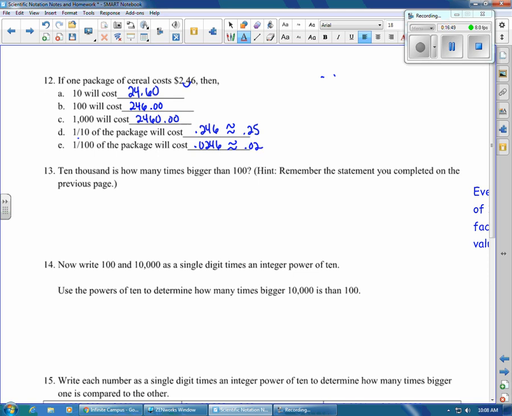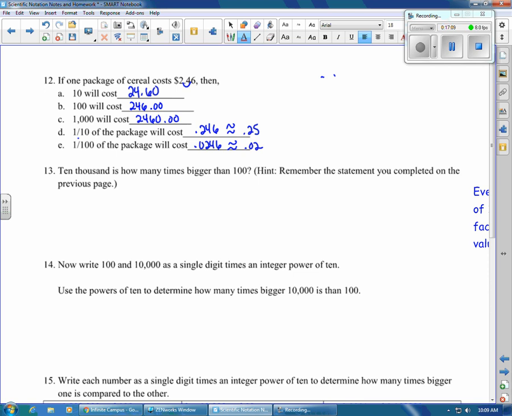Okay, so I filled it in. 10 is going to cost $246. 1,000 is going to be $2,460. 1/10 would be 0.246. However, we don't have money that goes to the third decimal place, so I'm going to say that's about 25